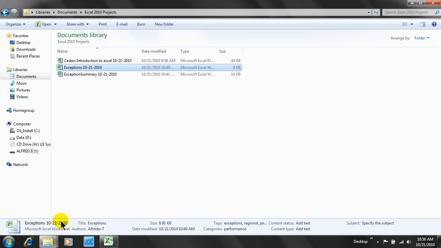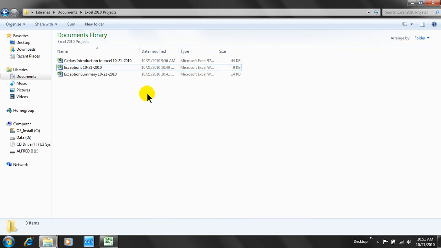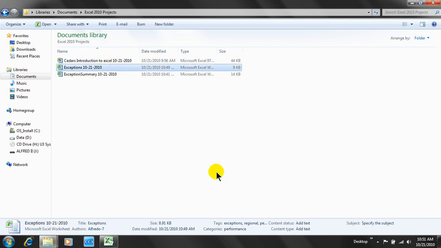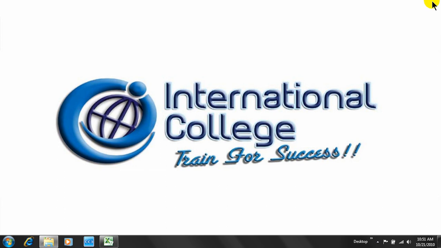Okay, here we have the document, the document, sorry. Okay, the title, the author. Okay, it's giving us the size, the date when it was modified, the tags that we input, and all the information. Okay, so from here I'm just gonna go ahead and close this window, and then we're gonna go to the next